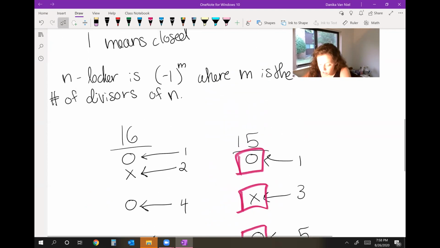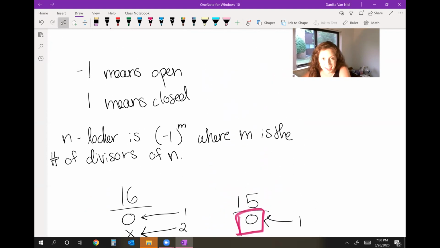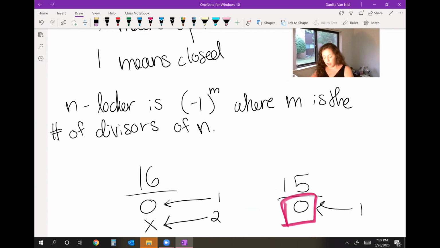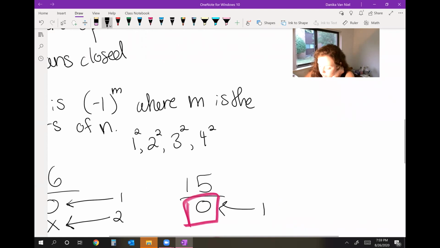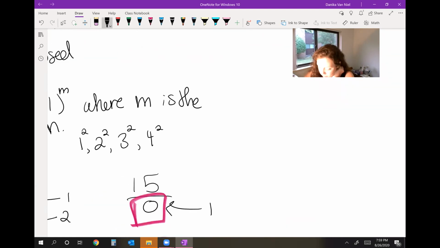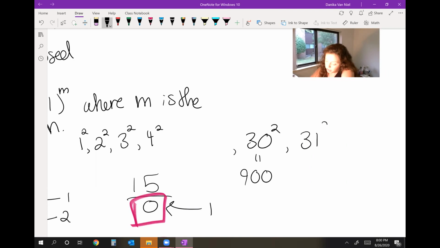So now all we need to do is figure out how many squares we have less than 1,000. What do we do? So we have 1, 4. So let's do it like this: 1 squared, 2 squared, 3 squared, 4 squared. Well, let's skip to a really big one. Let's say 30 squared, 900. 31 squared. It's just going to be